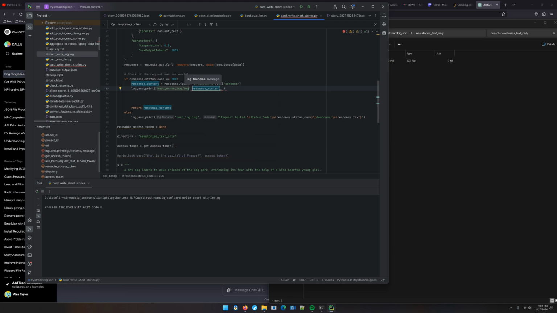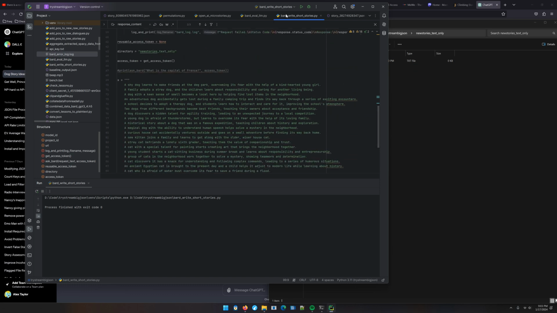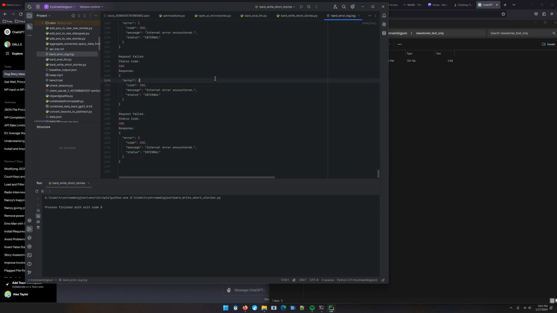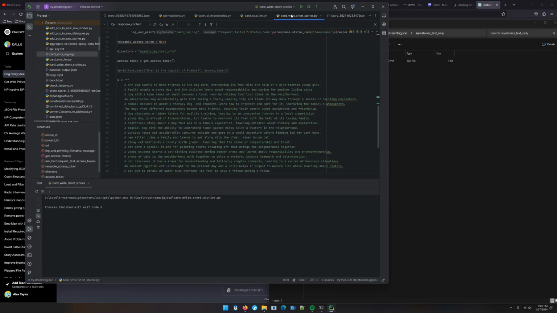Let's just call it error log. It's fine. Maybe it's not technically an error log, but whatever. All right, I need to see it, and I need you to print it, please. Print story. Print a story and write it to the log. I'm never going to look at this again, so there's no reason that we can't clear that out.